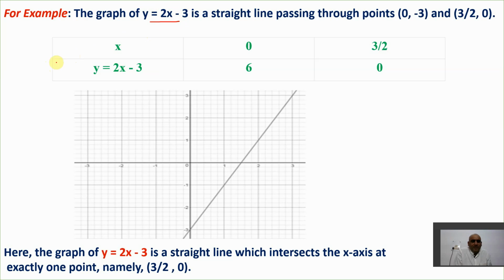So we are looking for a geometrical meaning of linear polynomial. Now let's understand this. I have taken x. This is y is equal to 2x minus 3, right? Now let's say here, if I put x is equal to 0,